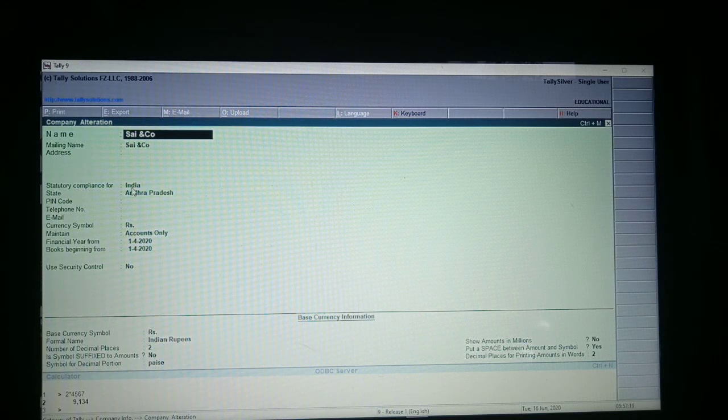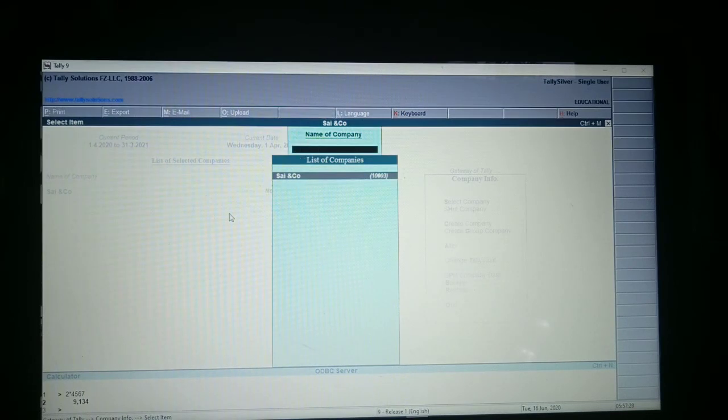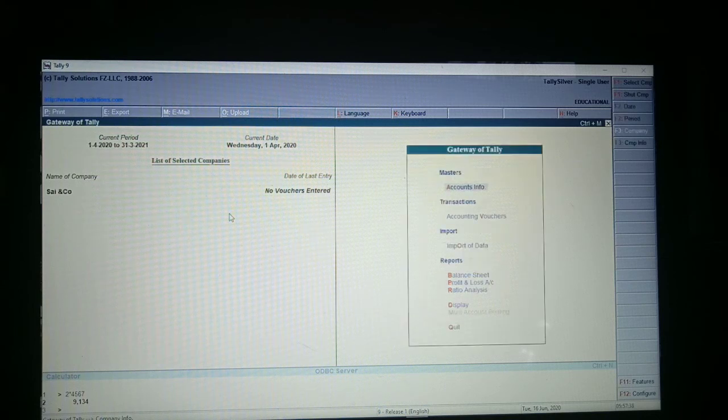Look at the thing there, company alteration. So I am not making any changes, simply escape once, twice, thrice, and again 2 times. And again I am giving escape here. Back to Gateway of Tally.